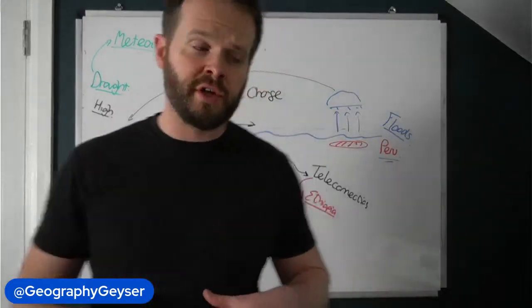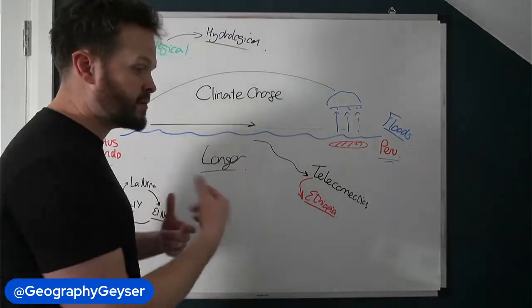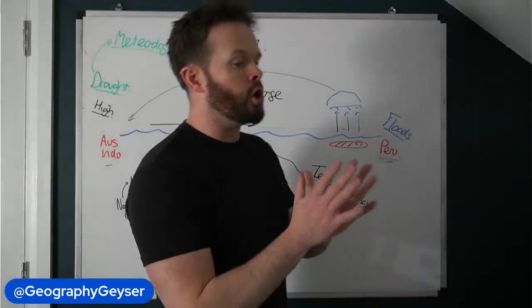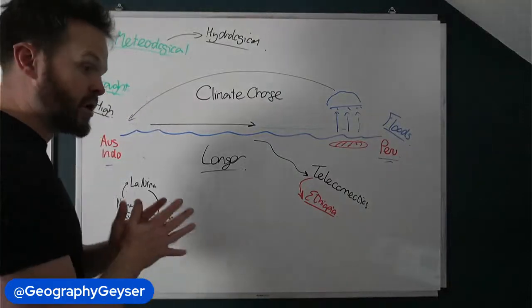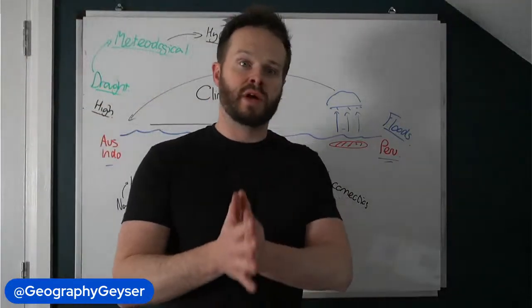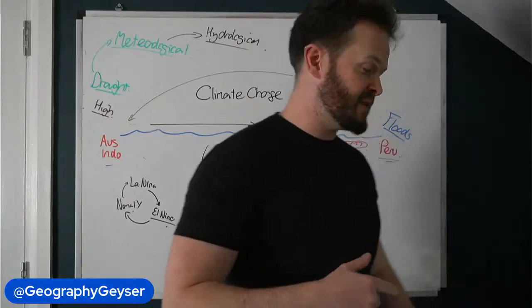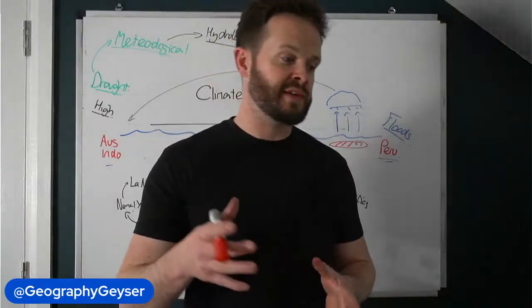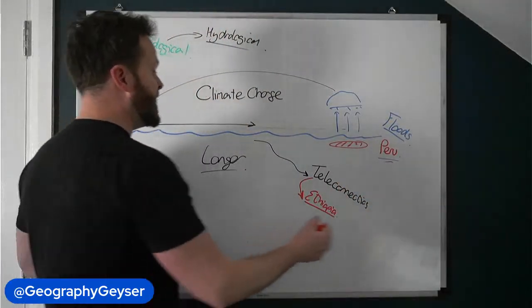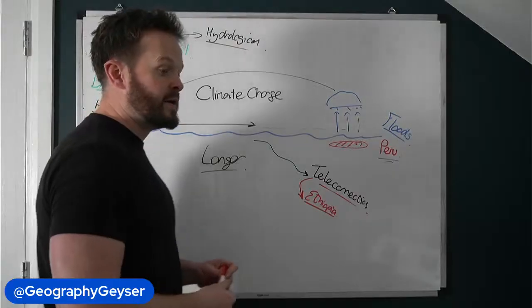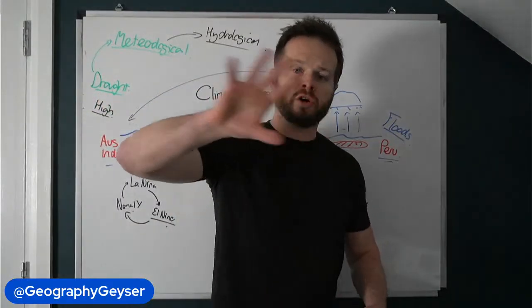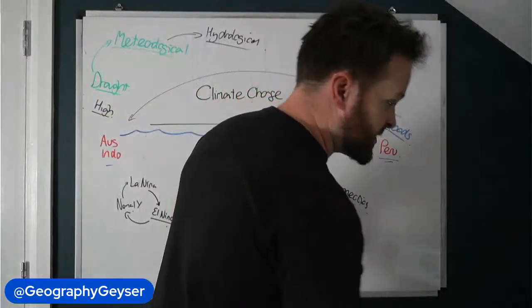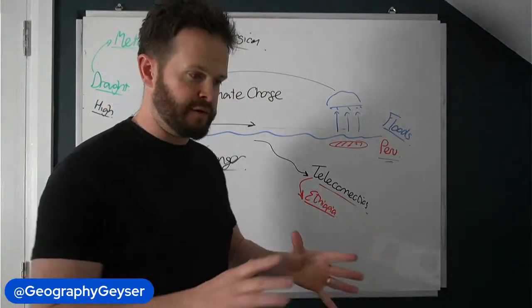Now, what you don't have to know is why the whole system of El Nino takes place in the first place. We're not 100% certain. There's theories, and I don't even know what they are, but you as A-level geographers don't have to know that. You just have to know that this takes place, and there's a cyclical nature to it, and the ENSO cycles last for anything between 3 to 7 years, and that's extending because of climate change, and there can be teleconnections where it can have knock-on effects in other areas of the world. So it's not just isolated to the tropical South Pacific. The effects spread globally.